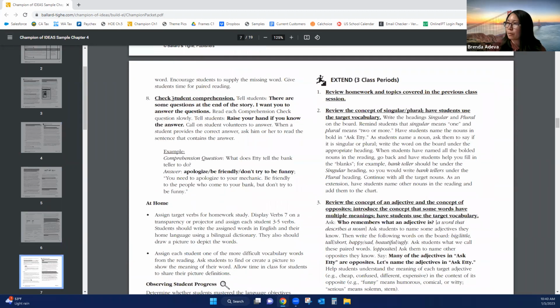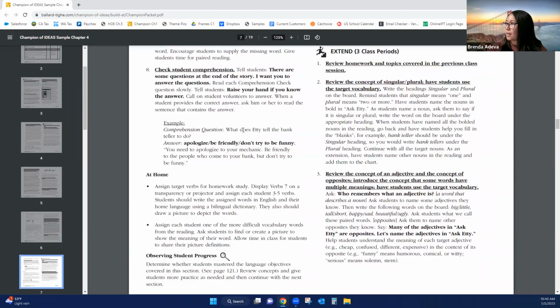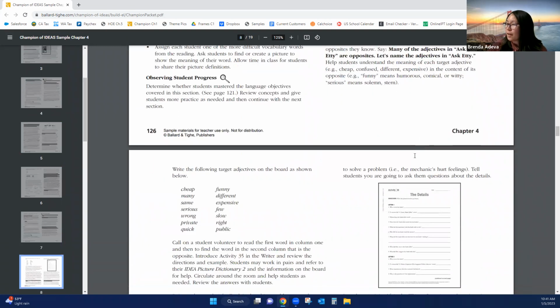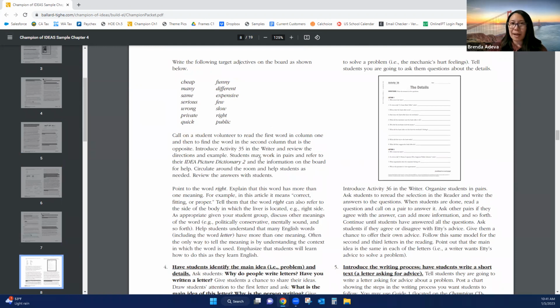Pre-reading, then you'll have the reading plus the comprehension. When you do the lecture, level it for the different groups when you ask questions. And then you'll have singular versus plural, adjective, and the opposites, right? So we talked about that, maybe an anchor chart for the lower levels, or just creating a list where the higher levels have to use these words in a new context.